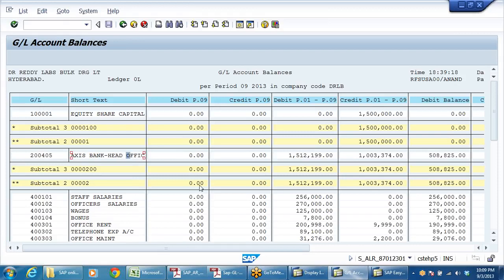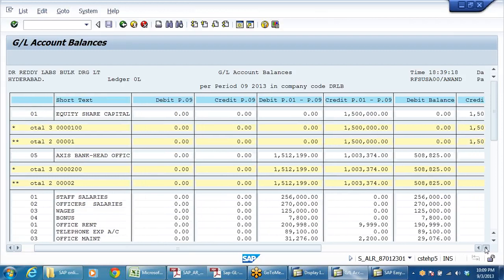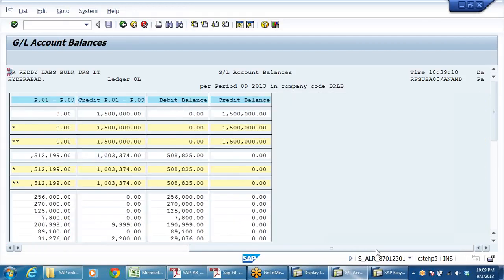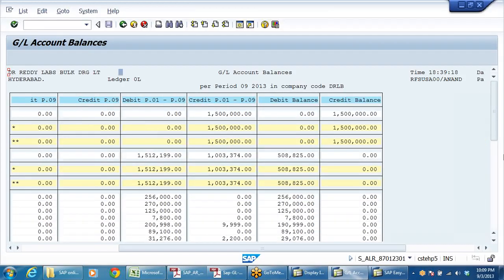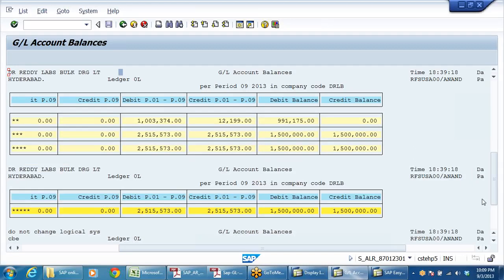This is the Axis Bank account. In Axis Bank, it shows the payments that we have made along with the ledgers. Right, you can download, or rather you can execute and see all the balances and analyze them. Like this, every account it will show you.